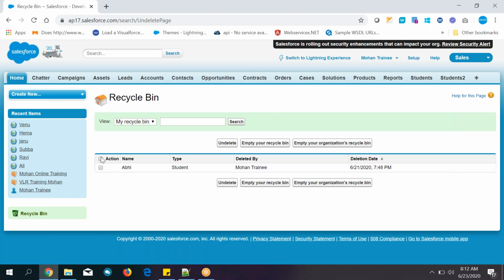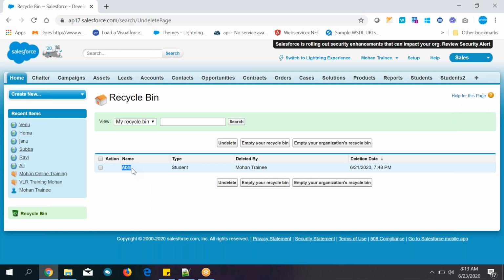After 15 days, that's what I'm going to tell you again. Okay, after 15 days, I think either 1 month or 3 months, this data will be available in another server in Salesforce. So up to 3 months or up to 1 month, we are not sure. That is a backend functionality that will be available. This Abhi is available till 1 more month or 3 more months in the database, not in our database, in separate servers. And if you want to get this data, generally you cannot get it directly.